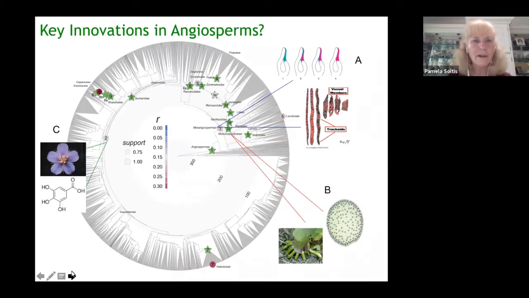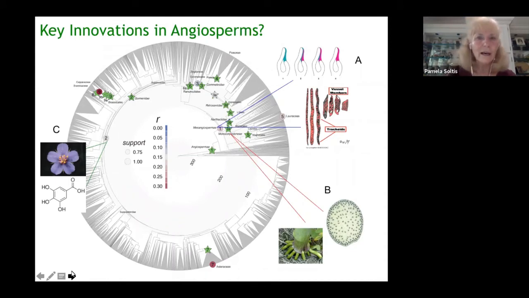Now, we tend to think of key innovations as being those characters that help spur on diversification. But what if those key innovations are actually the product of these whole genome duplications? So we're interested in looking at what those key innovations might be at some of these same clades where we see whole genome duplications. So for example, early in angiosperm evolution, we see the origin of vessel elements. We see the closure of the carpel, some of these major events that arose a few nodes past the actual